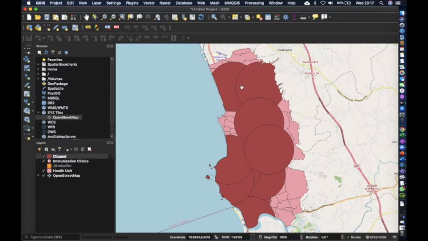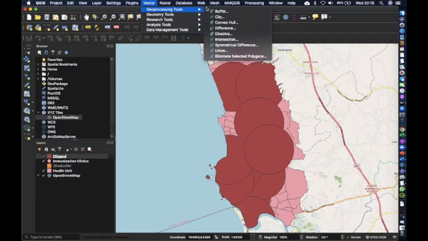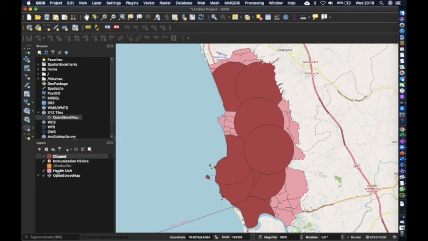Now I want to make all these buffer zones together. That means I need to merge them or dissolve them. As in a previous session, we learned how to dissolve polygons. These are like polygons as well. So what we are going to do is, we open the attribute table and give a single number for all the polygons, and we can dissolve it using the vector, geoprocessing tools, dissolve. We will do that now.